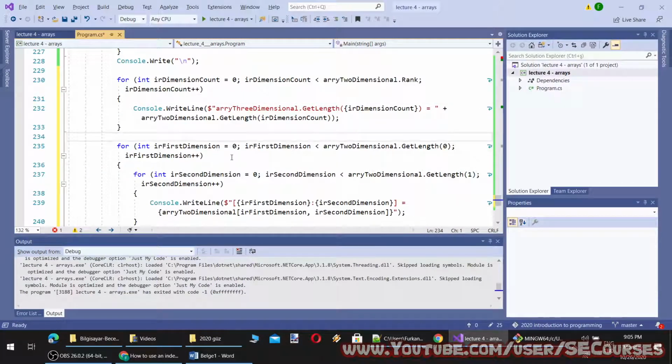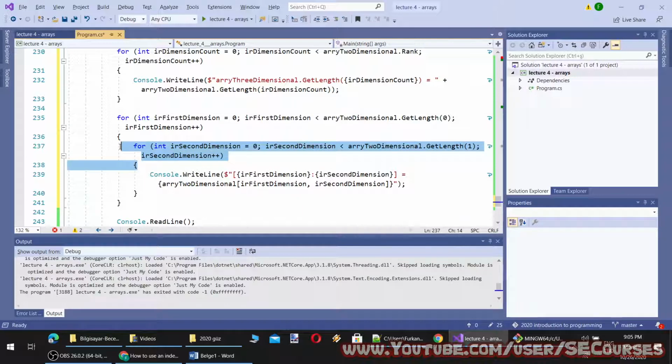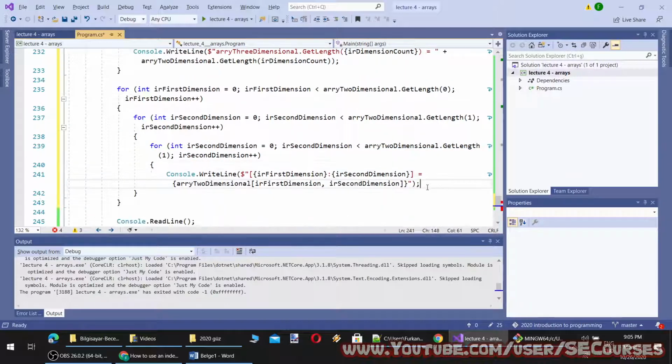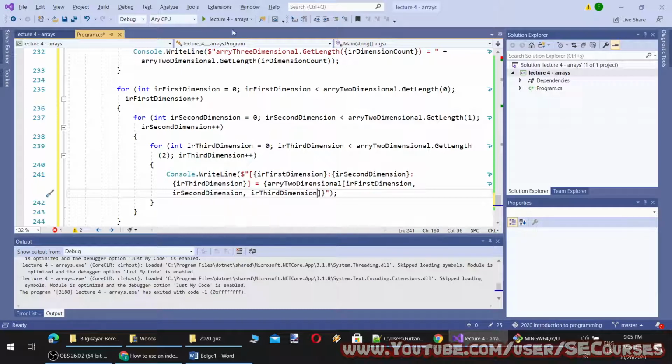Here I am going to have three for loops inside, and this will be the third dimension. I'm just going to edit the third dimension here, like this. So it should work right now.